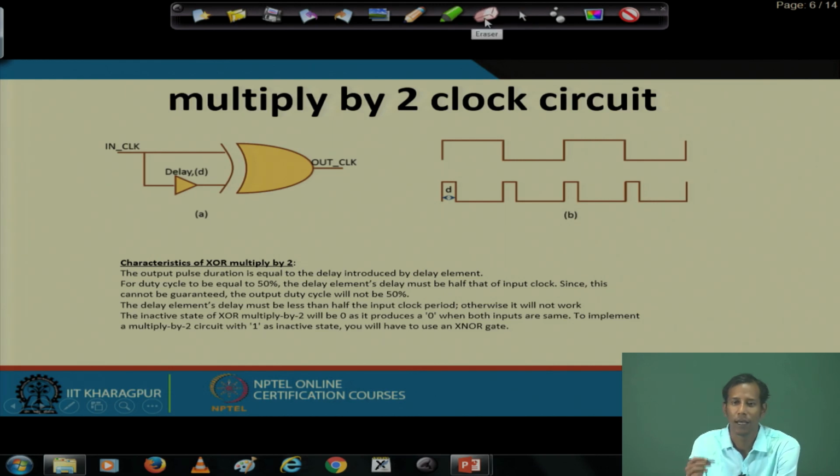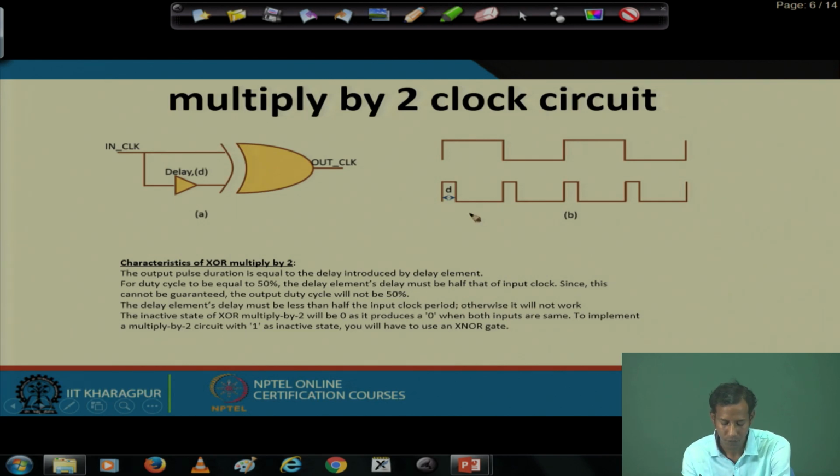So, we have already seen how we can design a circuit to divide by 2, which is also very easy. Again, we will see not only the power of 2, but the power of something else. That means when the factor is not a power of 2, like 3, 5, 7, we will also see how we can design that.